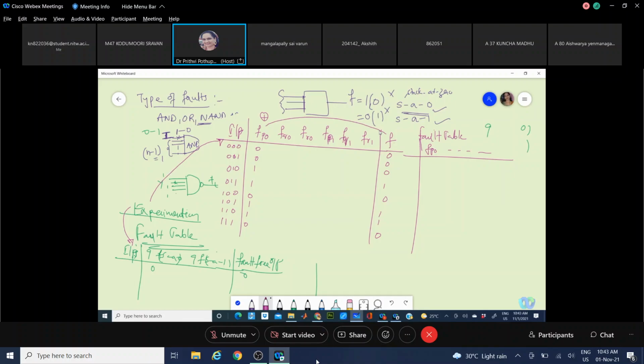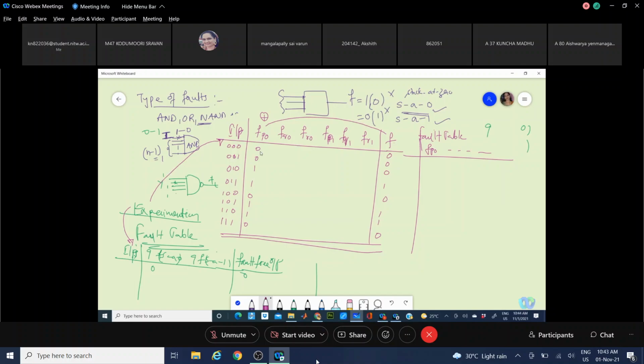Okay, this is experimentation values, what you have recorded. Now, when you do an XOR operation, if the line is responding same as the fault-free line, what will be the output of XOR operator? What will be the output of an XOR operator if both inputs are the same? 0.